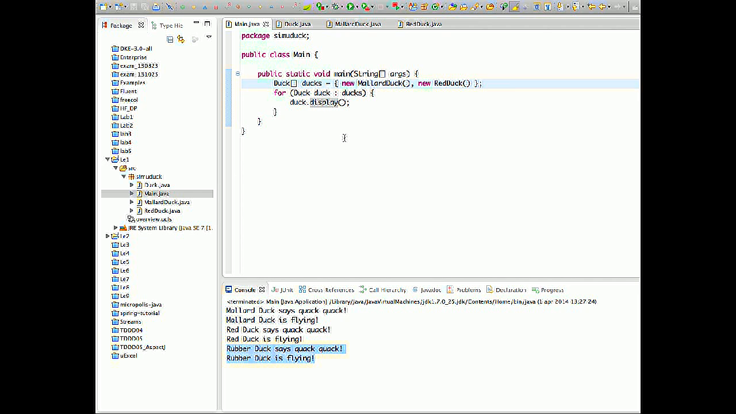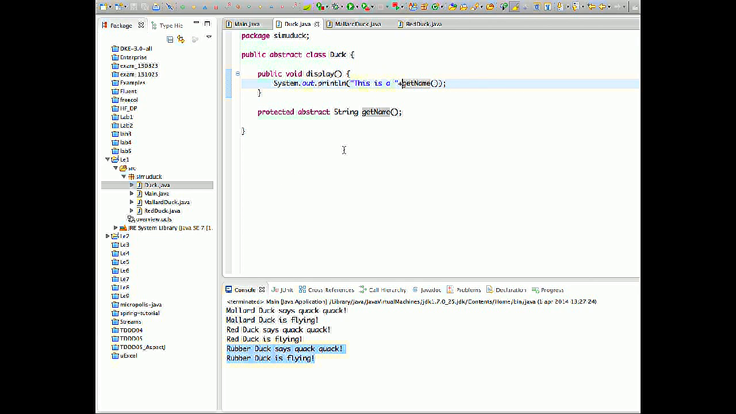relies on a main class where we create a few different ducks and we display them by using the common display method. So we've used the common object-oriented technique of providing a base class with functionality that is common to several subclasses. In this case, we have an abstract class Duck. And it features a display method, simply describing that every duck